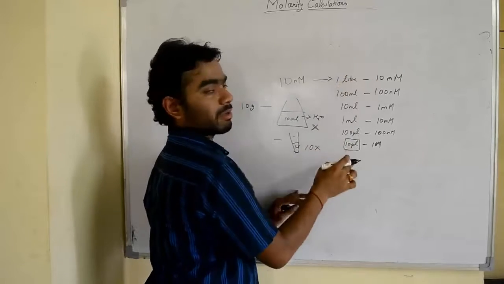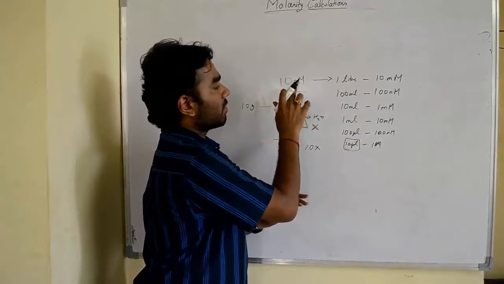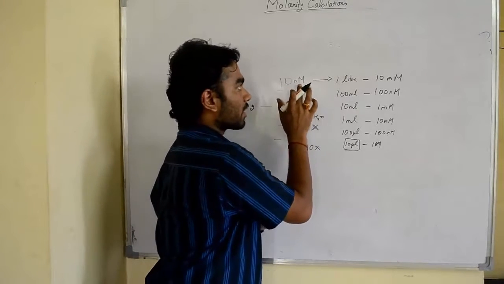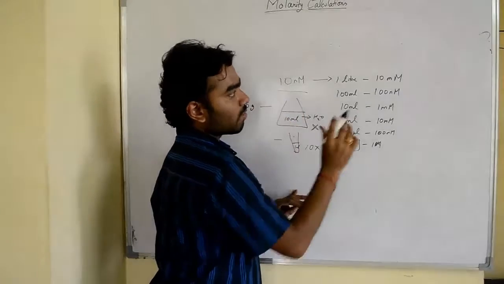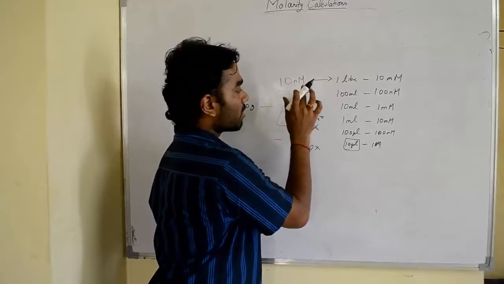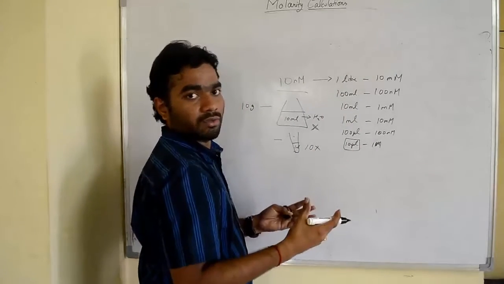In the same way it is happening here. You are taking the quantity of the solute. You don't need to worry about this 10 nanomoles. You have to consider it only if it is molarity. If it is only solute quantity, then you can prepare it in any volume and make it up to whatever concentration you want.